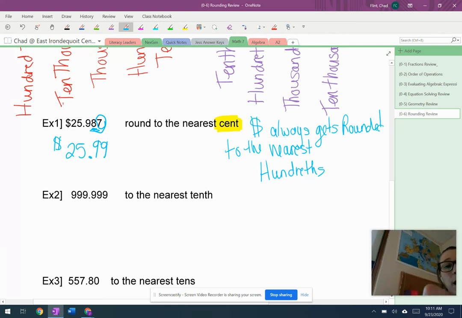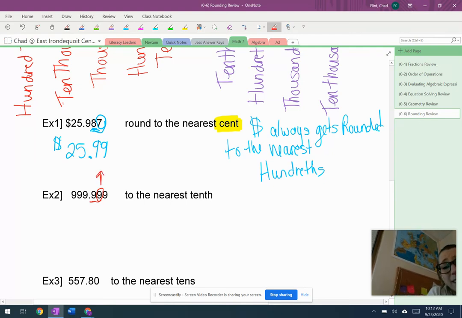Example 2, round that number to the nearest tenth. Well, tenths is the 0.9, is the 9. Obviously, all of them are 9. So I look at the one next to it. That 9 tells me to go up. Which